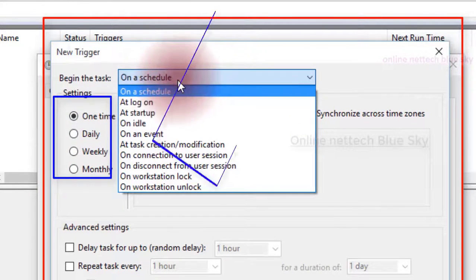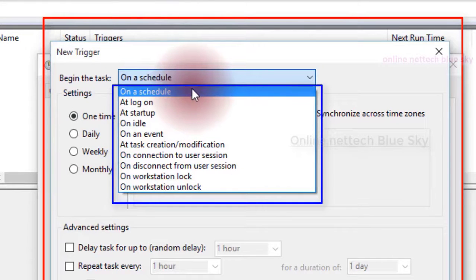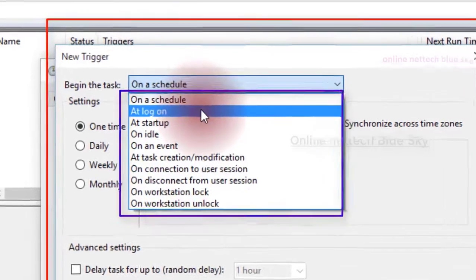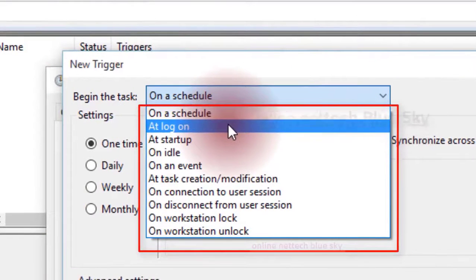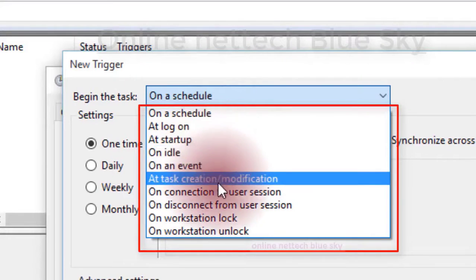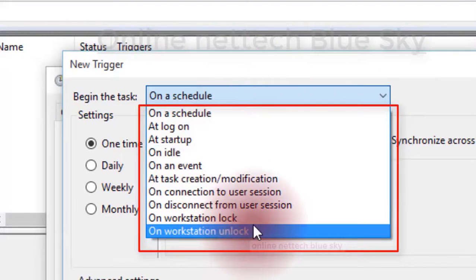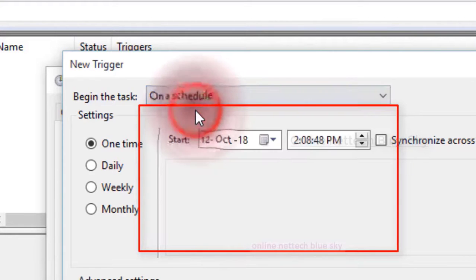You can see your login time, your schedule. At startup means your computer starts; on connection to user session means you create your session, another connection starts on your workstation, meaning my local computer here.